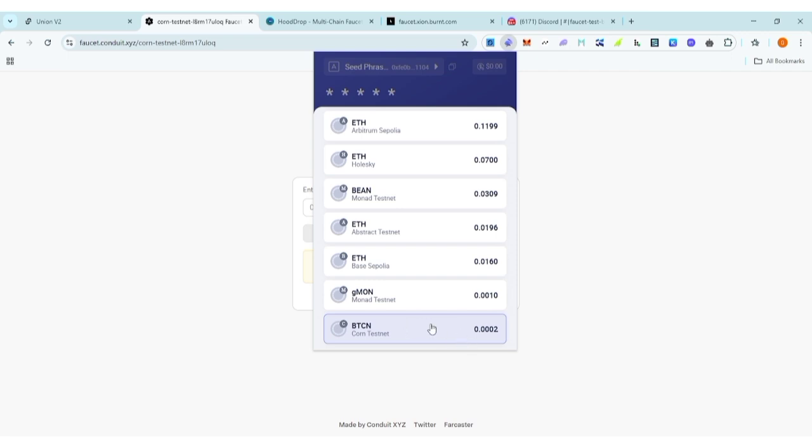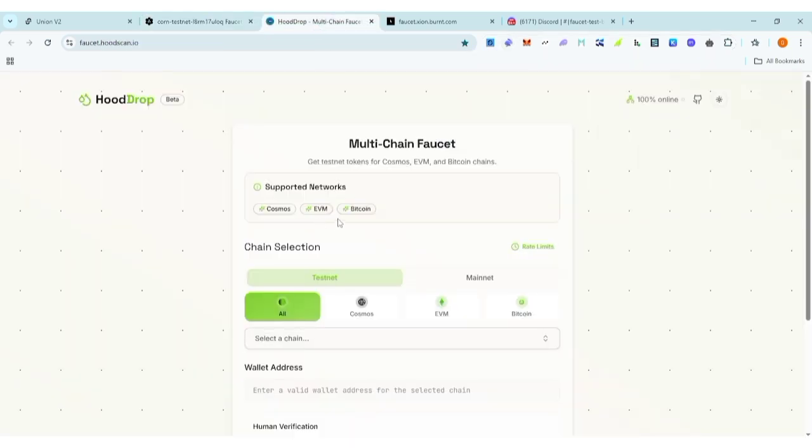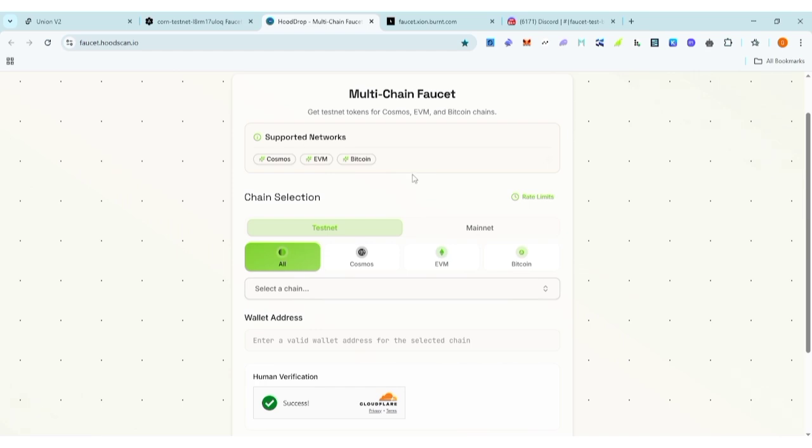Alright, so look at it. I have 0.0002. This is going to serve as a gas fee. You are not even going to use it. So make sure to request for corn faucet. And if you want to get other faucets as well,